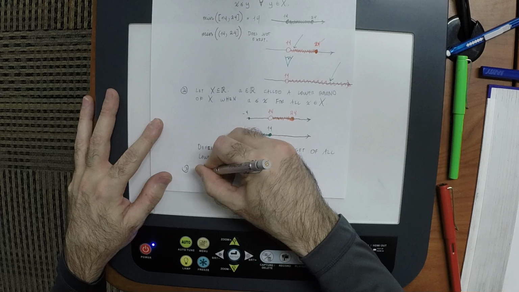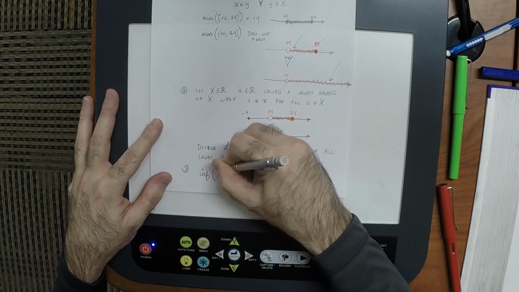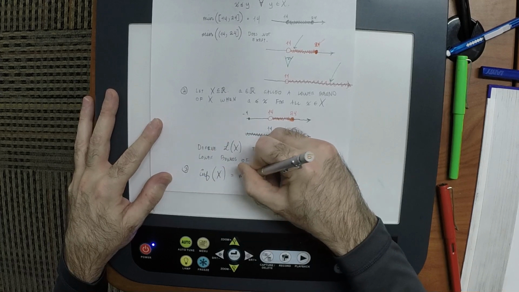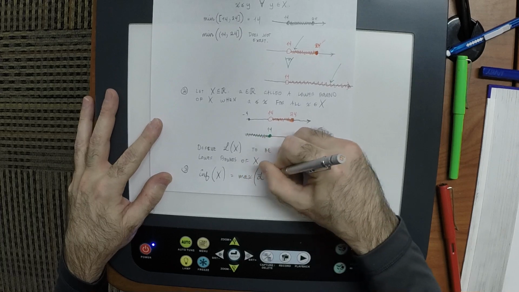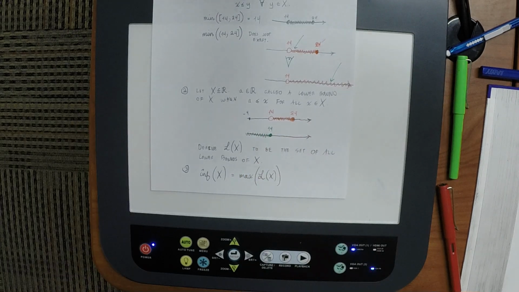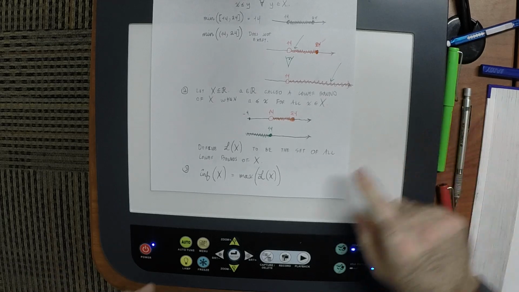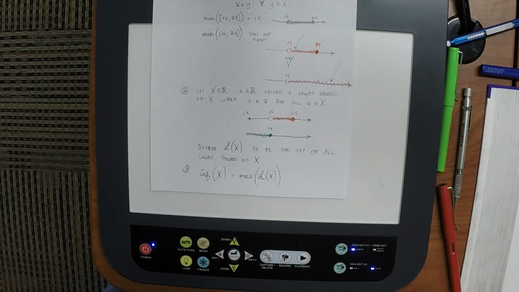So we define the infimum of set X to be the maximum of the set of all lower bounds of X. I want to impress upon you that the set of all lower bounds is like the set of all the little things. And then we're asking for max, which is the biggest thing. So infimum is the biggest little thing. And we can turn it around, and instead of saying the biggest little thing, we can say the littlest big thing. And that's called supremum. Okay?